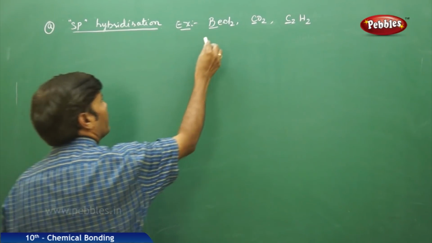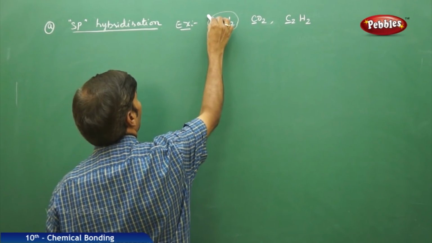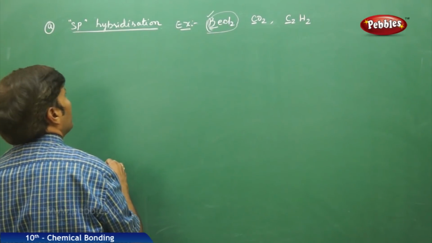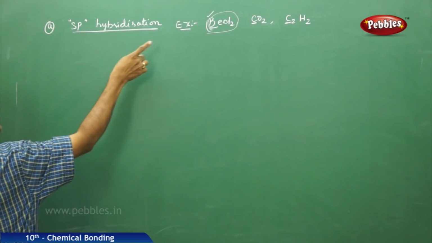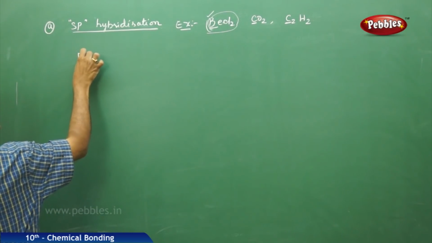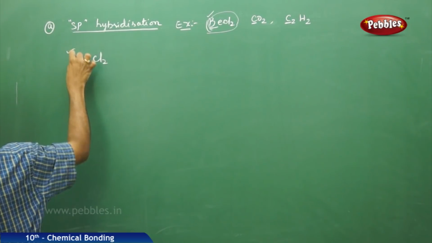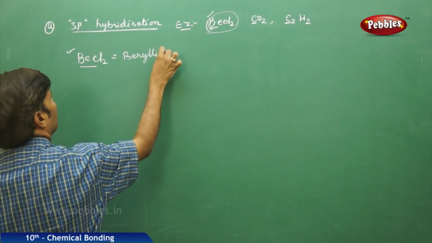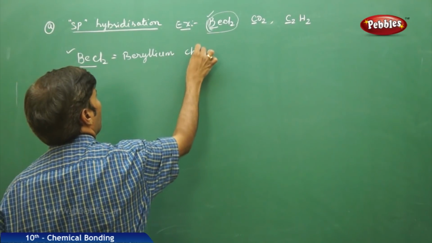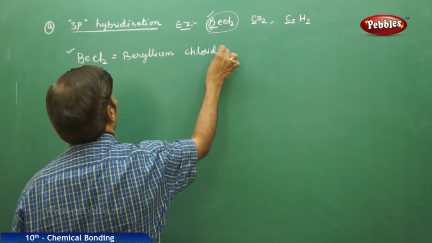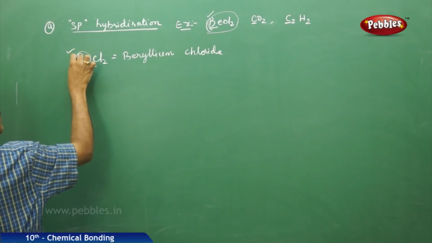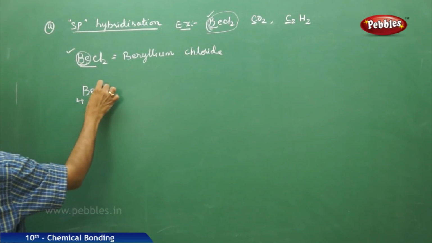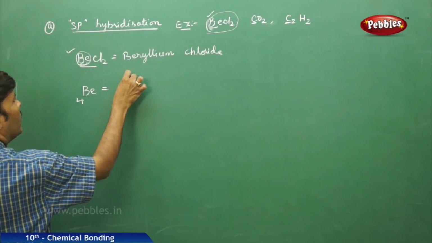But here, first example, if we take beryllium chloride, let us have a discussion about the sp hybridization in the case of beryllium chloride. The molecule is beryllium chloride. In beryllium chloride, beryllium is the central atom. Take this beryllium, atomic number of beryllium is 4, so write the electronic configuration